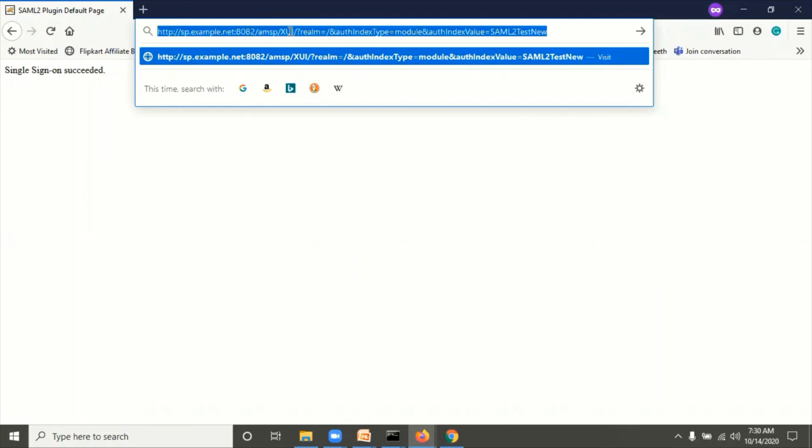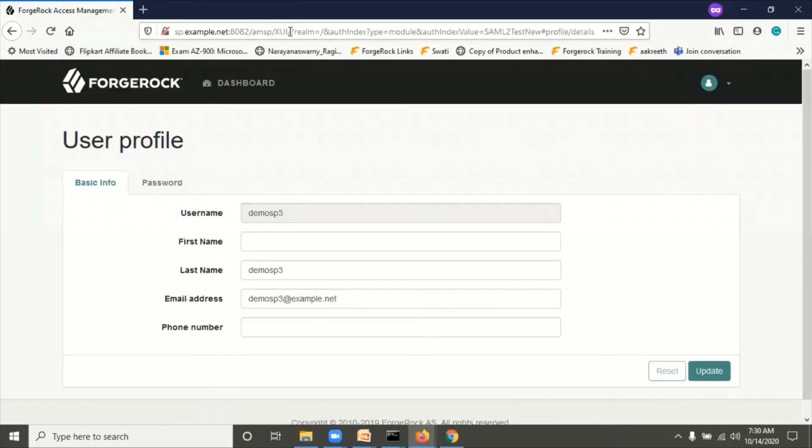Copy this URL, maybe you can use it later also. Enter. See, now the profile page is displaying, because the user is already logged in.